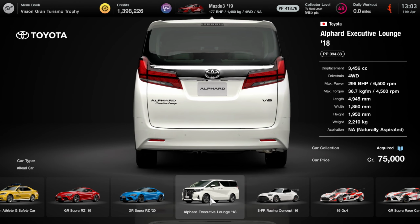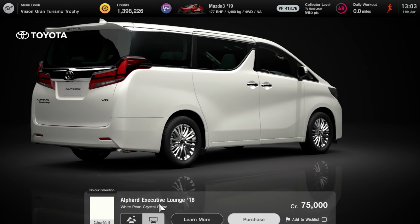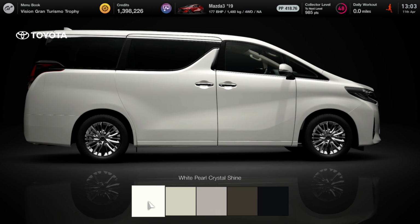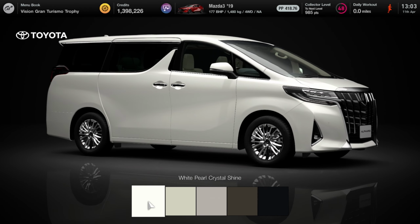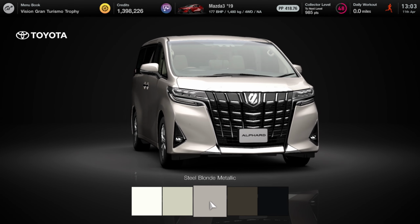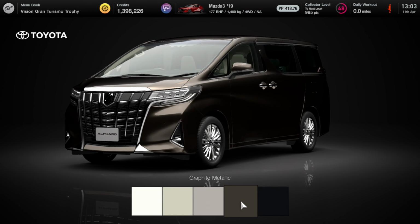It's available from Brand Central for 75,000 credits, making it the second cheapest vehicle in this update, and is available in a selection of colours, including this one called White Pearl Crystal Shine, which is of course the one I've gone for, but it's also available in Luxury White Pearl, Steel Blonde Metallic, Graphite Metallic, which is in fact brown,